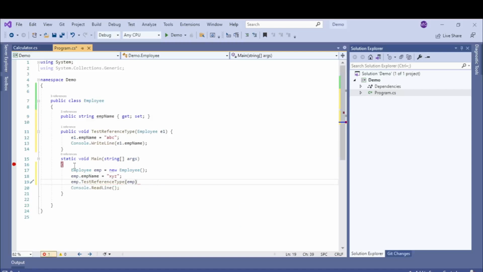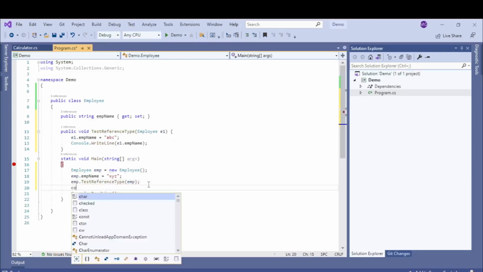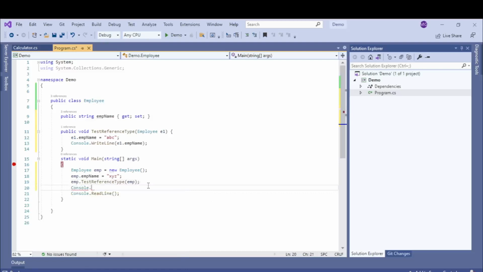We'll be passing this class variable, this reference type variable, to this method, and we'll be printing Console.WriteLine so that we can see what is the updated value. And inside this we'll be passing emp.EmpName.